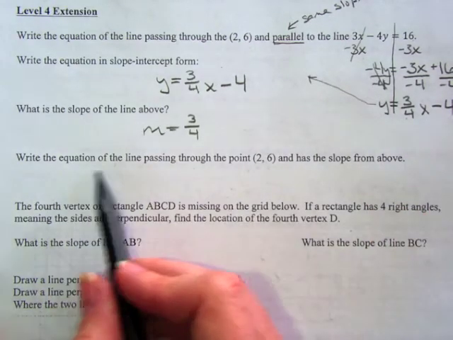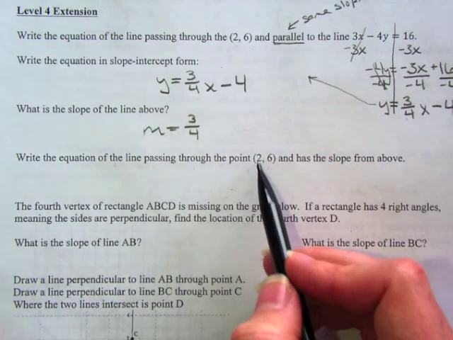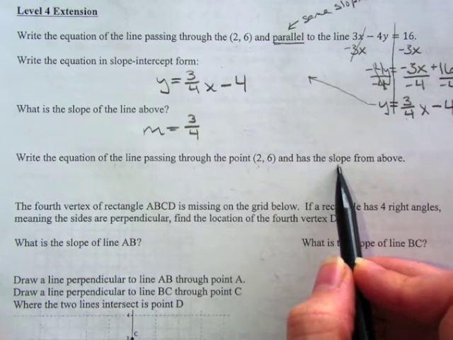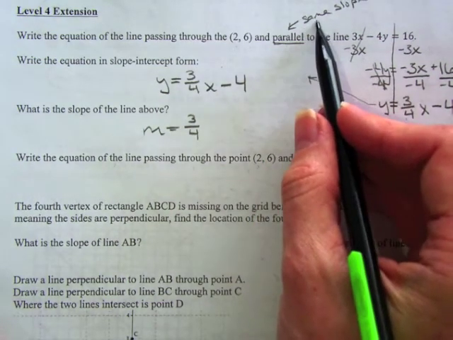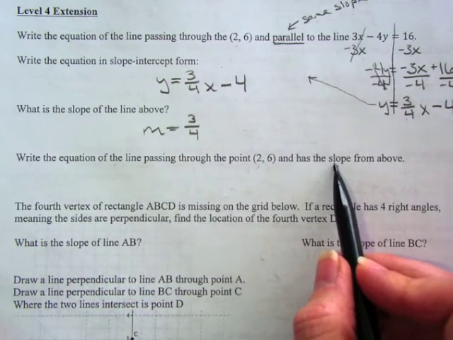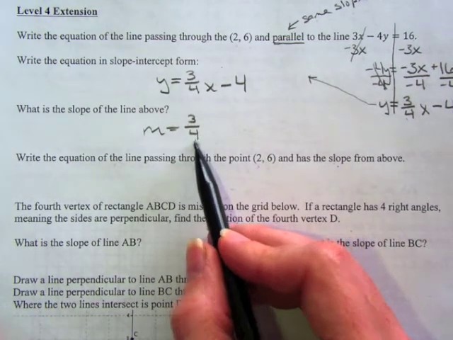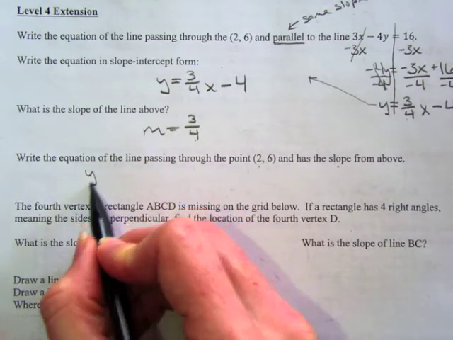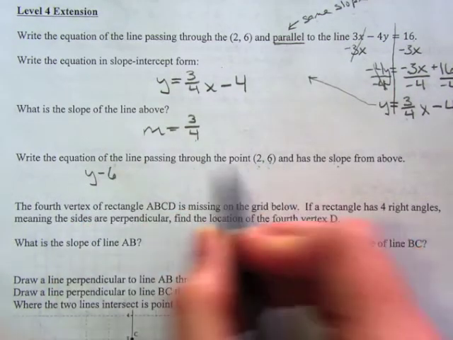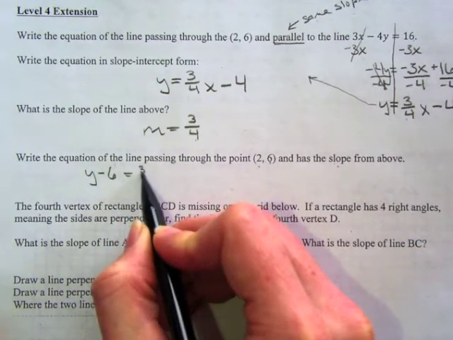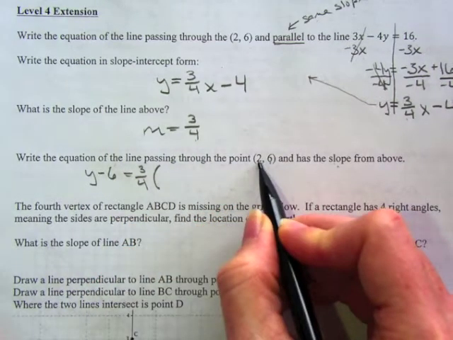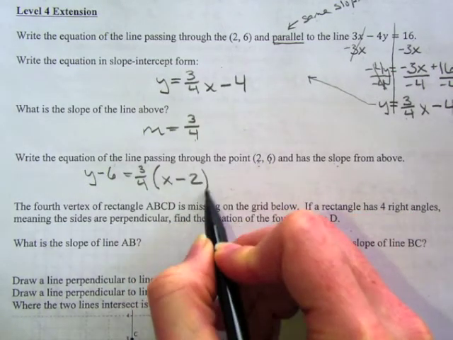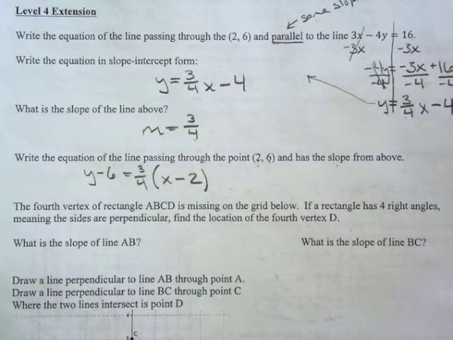Now we want to write the equation of the line passing through 2, 6, just like the original problem said, that has the same slope because the line we're looking for is parallel, and we said parallel means same slope. So we want to use the same slope as we had before, so our slope is 3/4, and it goes to the point 2, 6. So again, we use our point-slope form. Y minus the y value of the point, 6, equals slope 3/4 times x minus this x value of 2, and then we're going to do our work to put that in